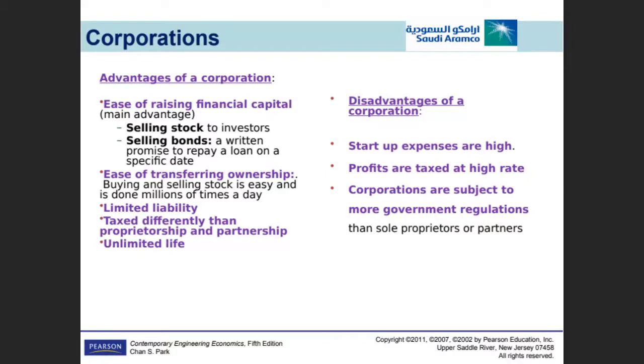Now, one of the main advantages for a corporation, as I said, is to sell shares or stocks. Also, they can sell bonds. Now, what is a bond? Sukuk, we call it here, is a loan, right? A bond is also, you give a loan to a company and they return you those loans, those bonds, after maturity with profit. In the Saudi stock market, both are available. Companies sell shares as well as bonds or sukuk.